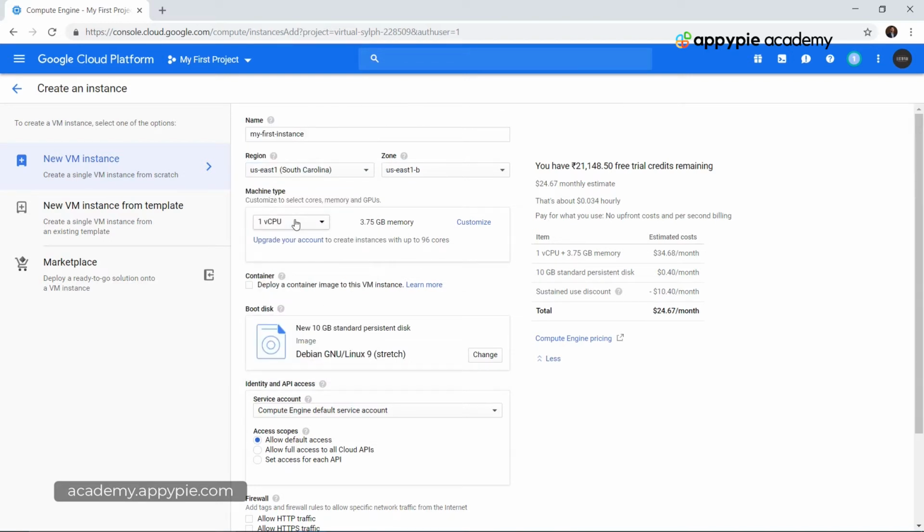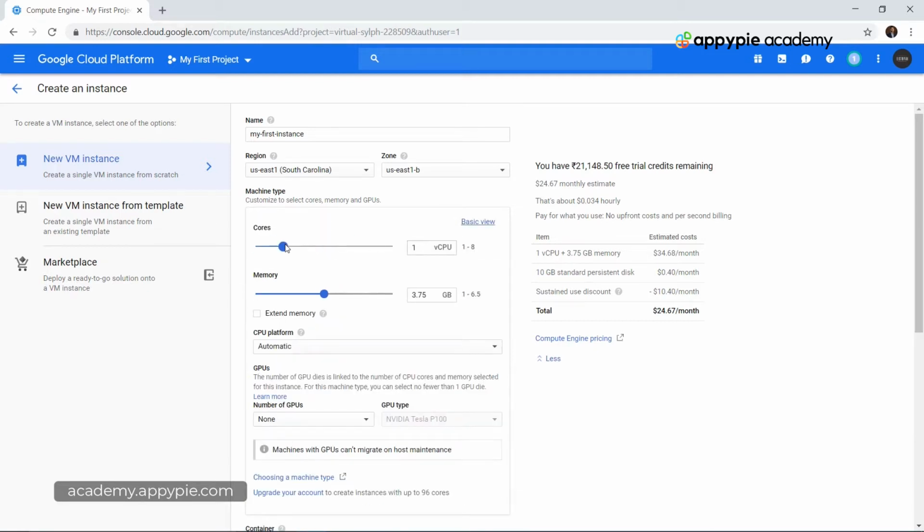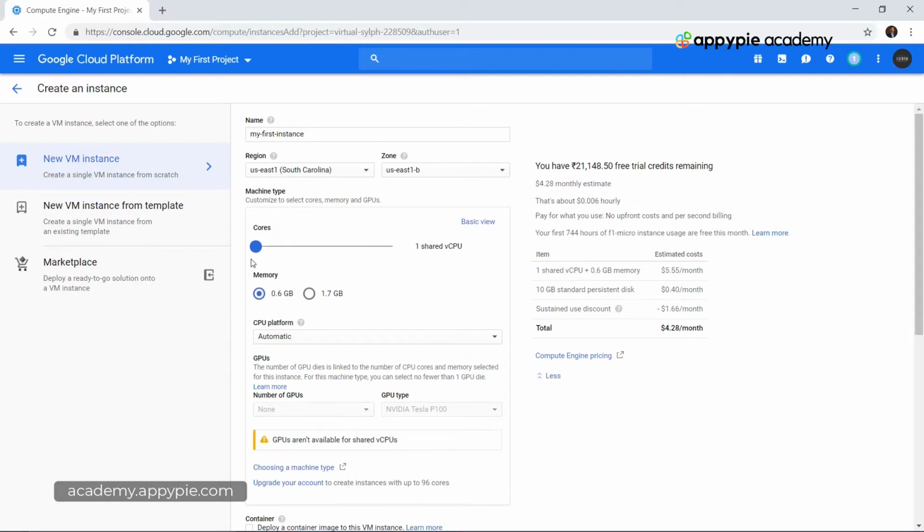Now we have to choose the machine type. Let's click on customize, and over here we can define the number of cores we want for our CPU. It can range from 1 to 8. You can also have 0 cores, which is essentially a shared CPU, shared with someone who is also running a shared CPU.